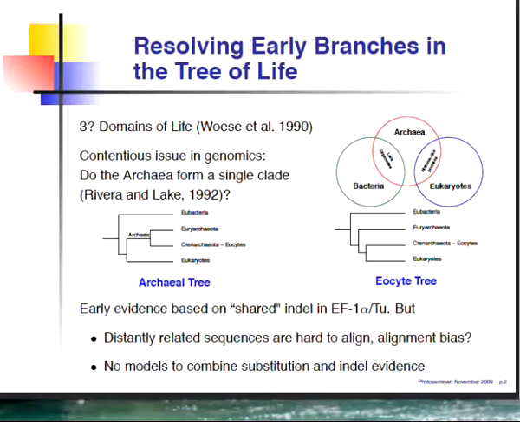Well, the evidence that he brought to light was, in many cases, anecdotal, or at least at that point lacked methodology to assign strong probabilities to the conclusions that he was trying to draw. He was looking at the EF1 alpha, or 2 protein. This is an elongation factor. It has different names in the bacteria and the eukaryotes. And it appeared that there was some evidence that the eocytes and the eukaryotes shared an insertion of a few extra amino acids. But it was very hard to tell if this evidence would stand up to any statistical rigor.